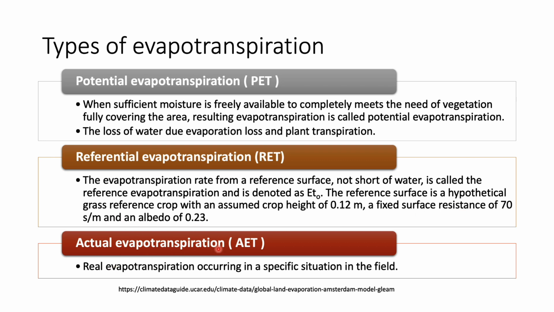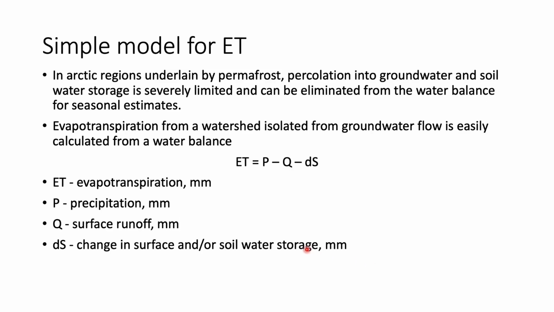And then we have the actual evapotranspiration. This is the real evapotranspiration occurring in a specific situation in the field. So one is the potential, how much is possible, and we have a reference. When we have these two things, we can measure the actual. So there is a simple model for the